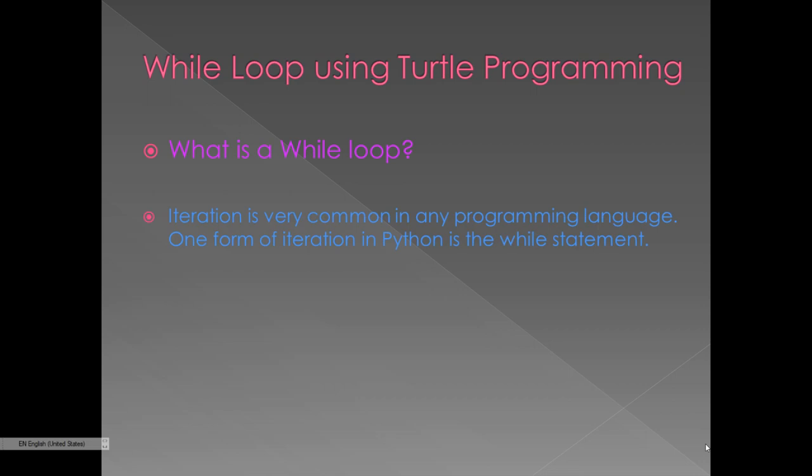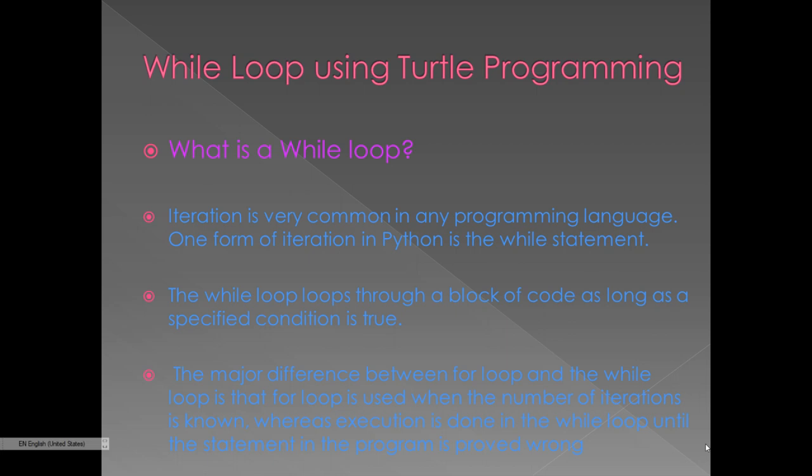Iteration is very common in any programming language. One form of iteration in Python is the while statement. The while loop loops through a block of code as long as a specified condition is true. The major difference between the for loop and the while loop is that